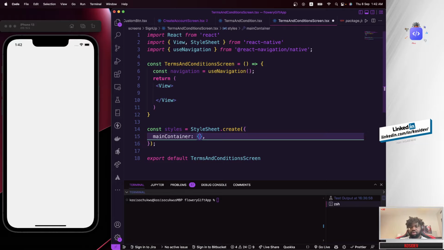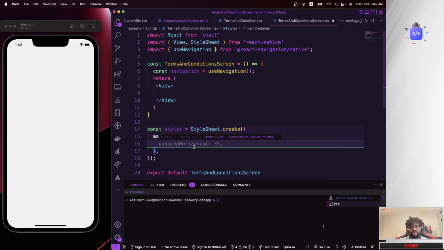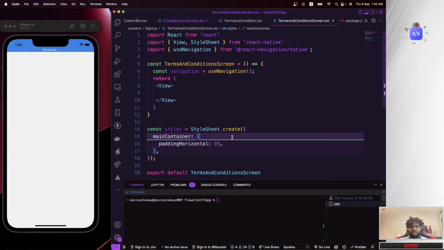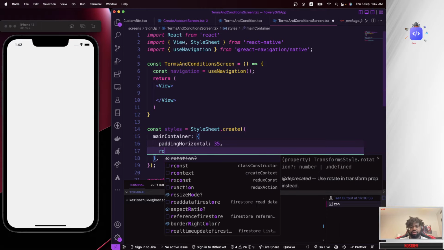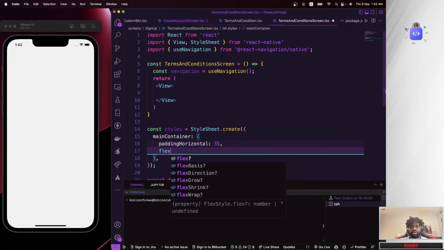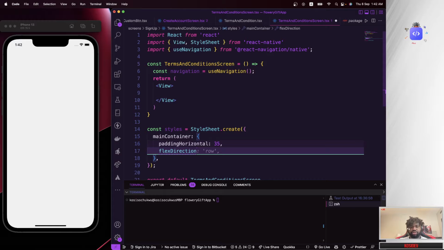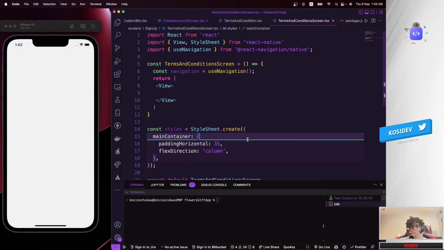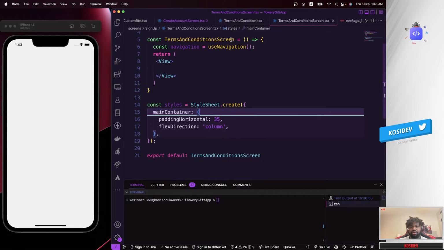Inside here, I'm going to use the padding to say flex direction should be column. Save those. And the background color,